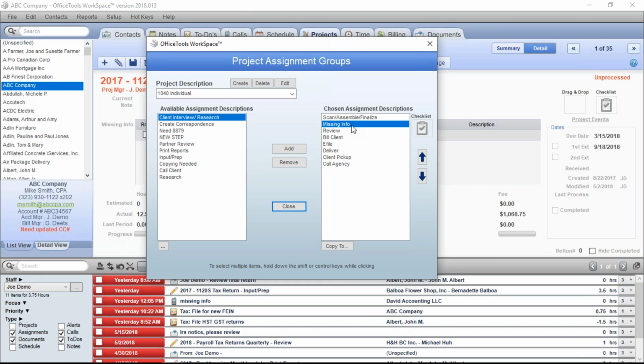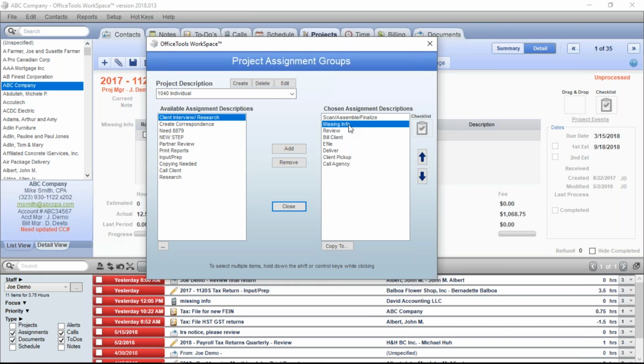If you find yourself in that position, you might want to create a fictitious staff member and perhaps have them hold it and just monitor their activity list, or creatively change the name. For example, I might rename missing info to contact client regarding missing info. That way when I give it to somebody or when it comes to me, the job is very clear that I need to reach out and I need to do something because I've been given an assignment. Call to action. Yeah, call to action, exactly.